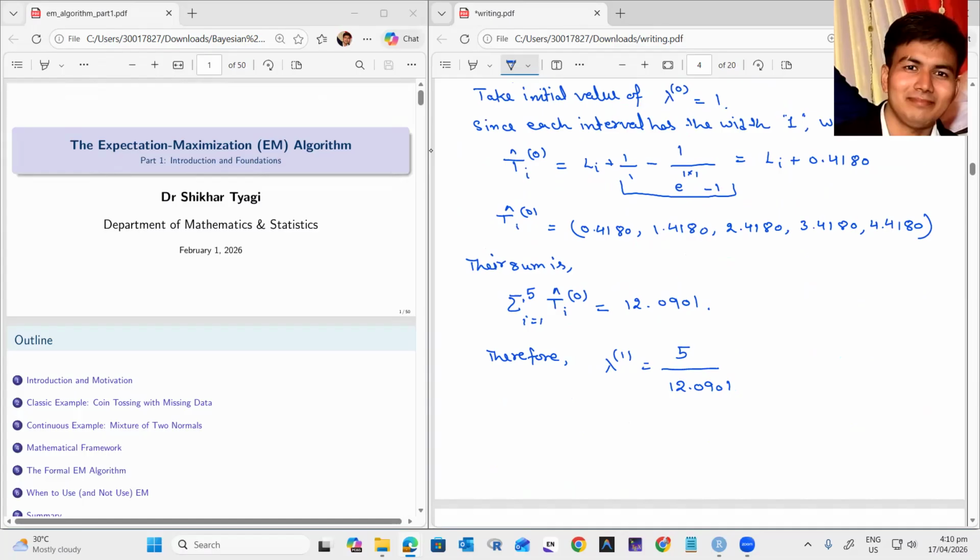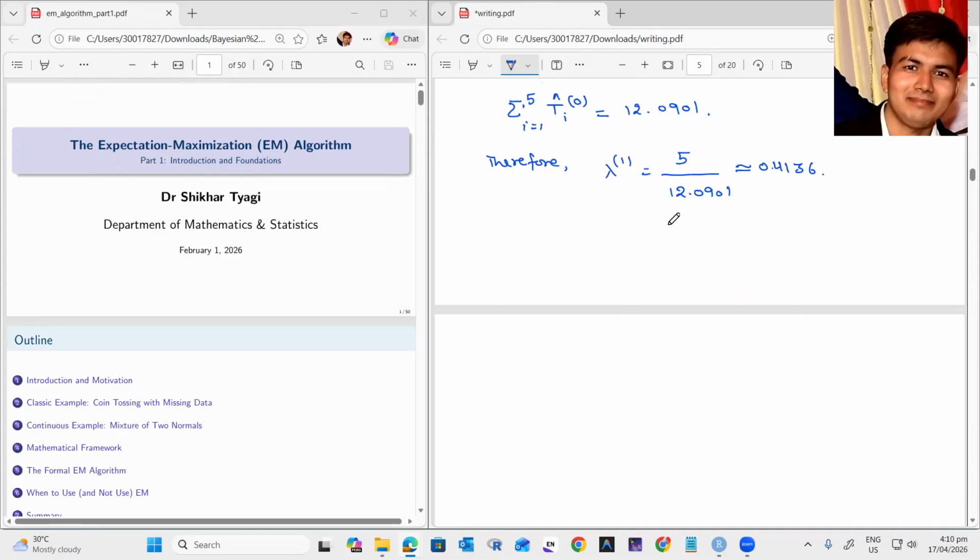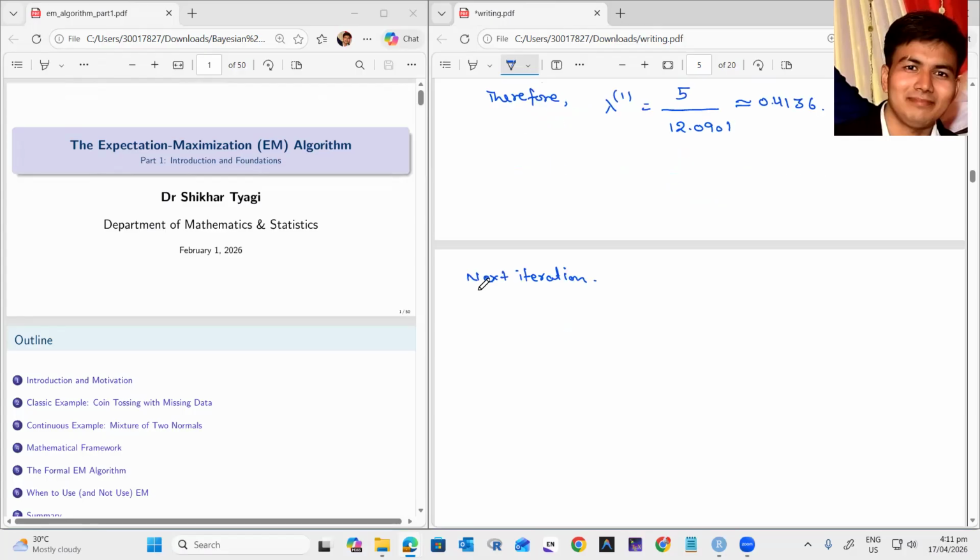It will be approximately 0.4136 after dividing. All right, that is the value of lambda 1. Now, in the next iteration,